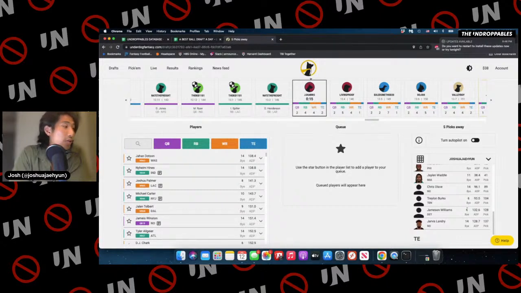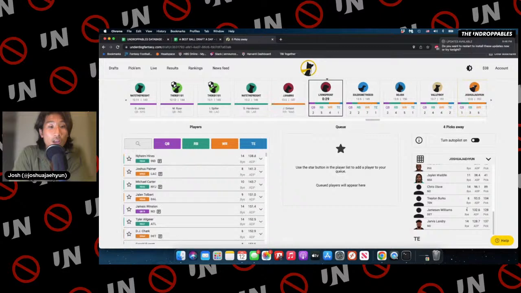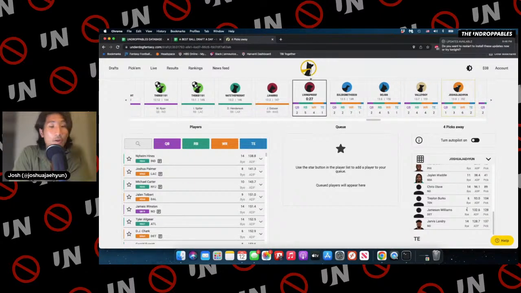And so the only way you can do that is if you get the guys who are going to really pop at the end of the season. And the guys that really pop at the end of the season are rookie receivers. Those are the guys that start off the season slow. Okay, Jahan Dotson got taken, but they start off the season slow because I do play Dynasty, Johannes, and